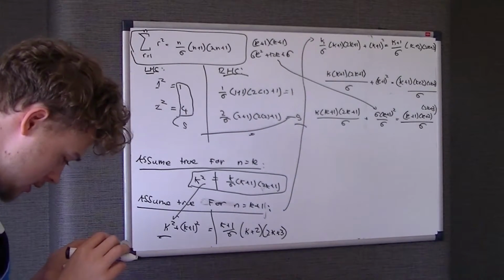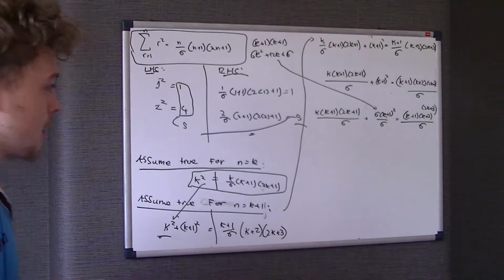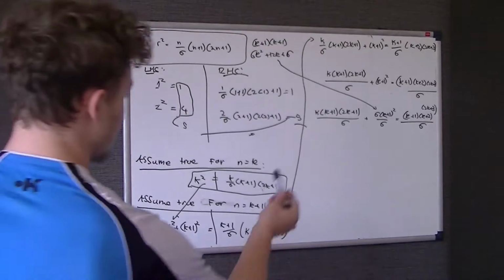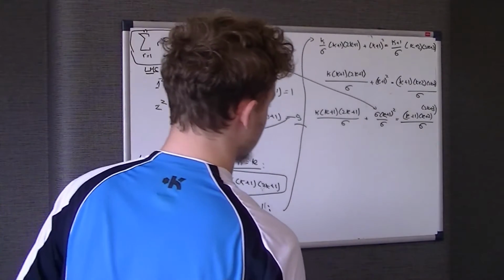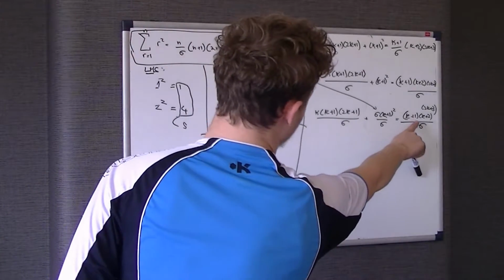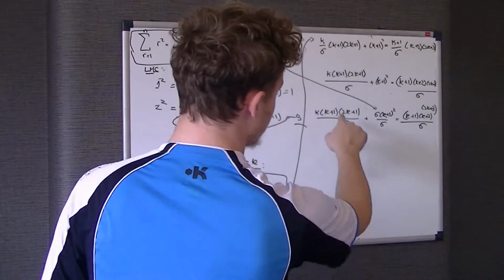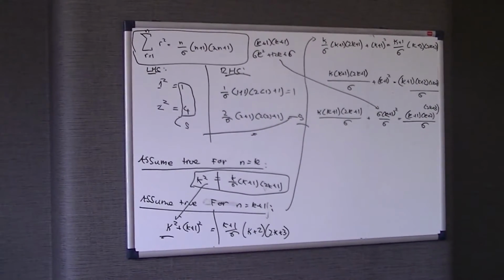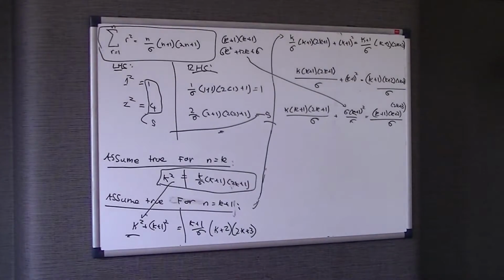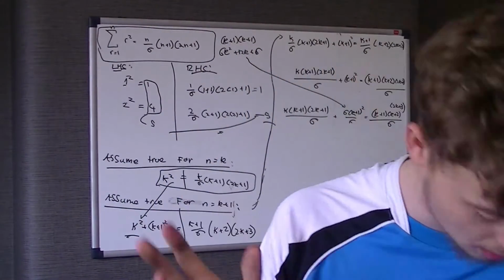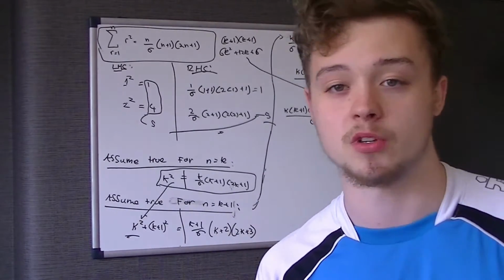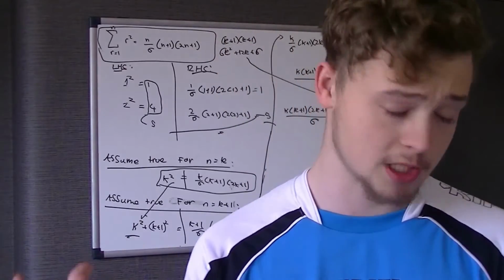Actually, could we do that? One sec, actually I'm just going to have a go, because I've done the answers previously. I've done it a slightly different way by expanding this, the (k+1) times (2k+1), but we've already got (k+1) as a factor on the right hand side, so maybe there's no need to expand them too. I'm just going to double check and I'll come back in a second. Sorry, I just thought I'd have another attempt at doing it a different way, but when I had a go at that, for some reason it didn't work. Maybe that was because I didn't calculate it right, or I didn't expand it, but